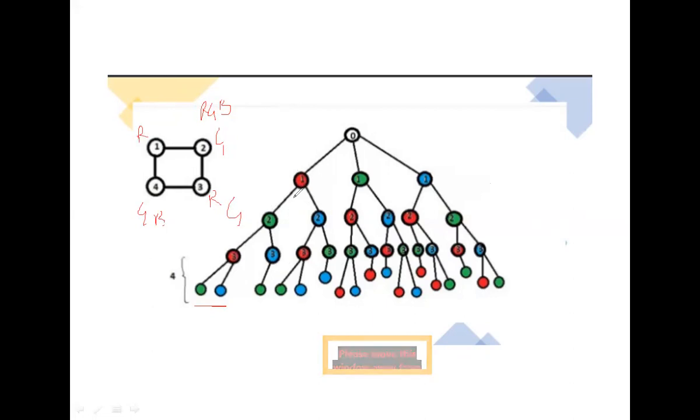See here, when red, then I am considering it green. Now considering it as blue color. See here, this one blue, then this one is red, and this one is green or blue. So these are the number of solutions. That's why I draw this state space tree for the solution for this graph. Clear, students? So far clear?